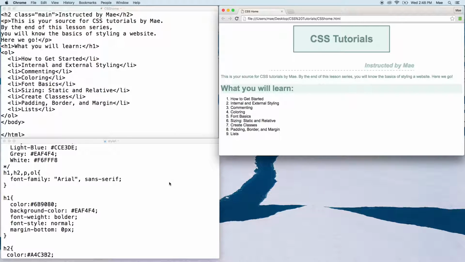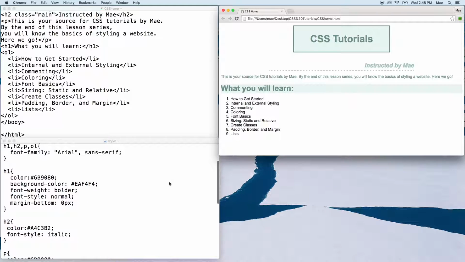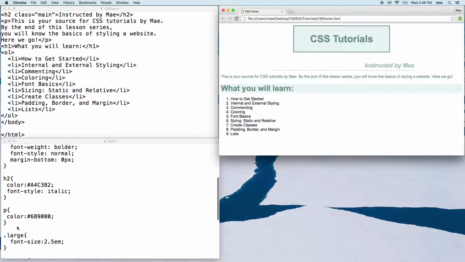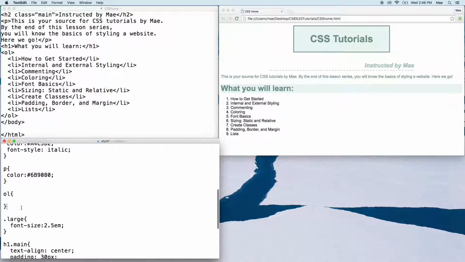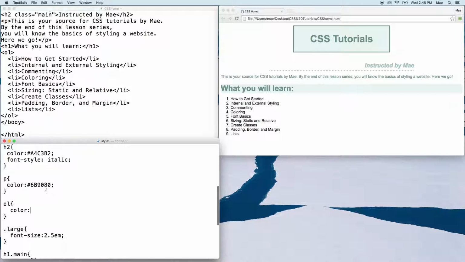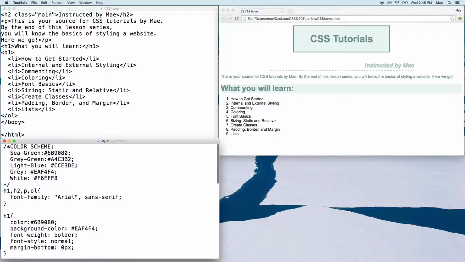Now let's go over styling this ordered list. Just as we did with H1, H2, and P, we're going to write OL, open bracket, and close bracket. So first of all, I want to change the color. I want to make the color the same color that our font is in our paragraph and for our heading 1. So color, and I'm going to go up and grab that color. And that's that sea green that we have. So copy